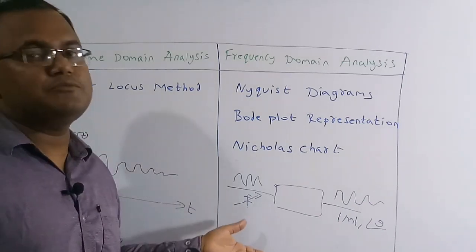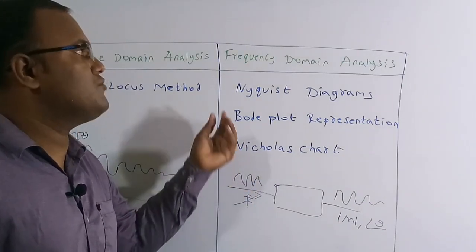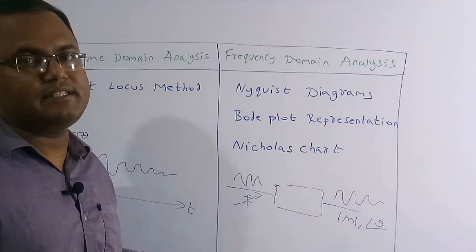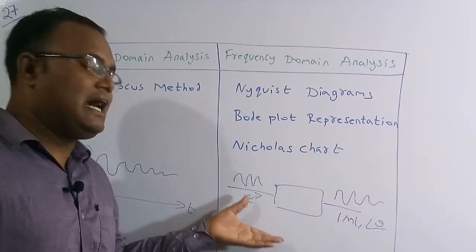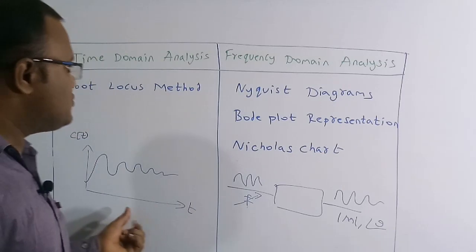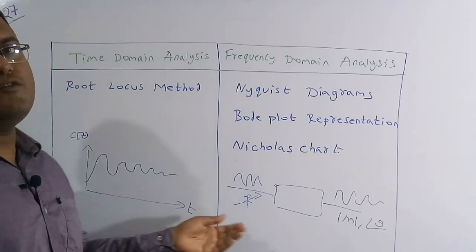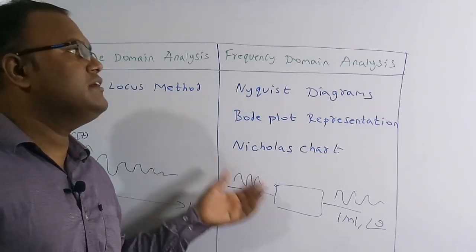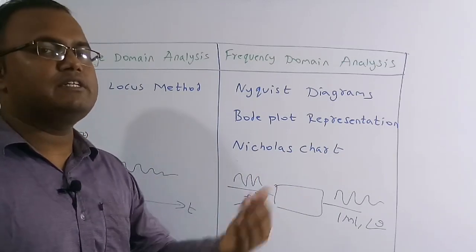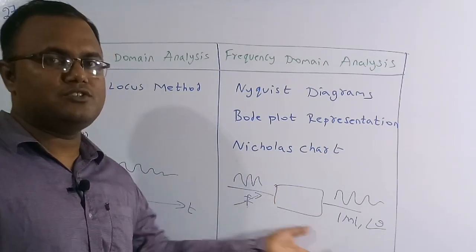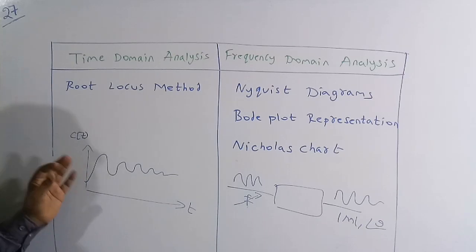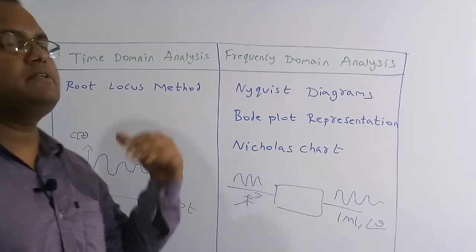But another few systems can be easily figured out with respect to frequency domain analysis, where we can easily find the transfer function. So for uninterrupted systems, we are going to prefer the time domain analysis. For interrupted systems, we can go for the frequency domain analysis in order to figure out the transfer function based on the response. Because of these things, there are time domain methods and also frequency domain methods.